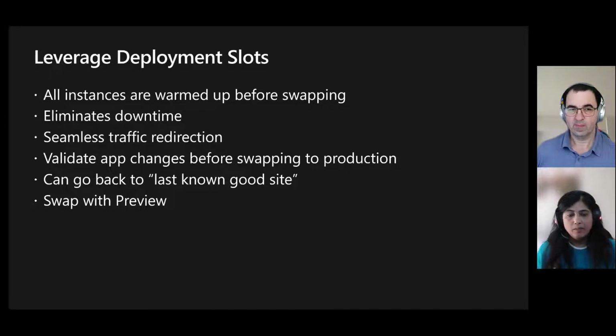Deploying an app to a slot first and then swapping it into production makes sure that all the instances of the staging slot are warmed up before swapping into production. What this does is eliminate your downtime when you deploy your app, and the traffic redirection is also seamless and no request will be dropped because of the swap operations. You can automate this entire workflow by configuring auto swap,